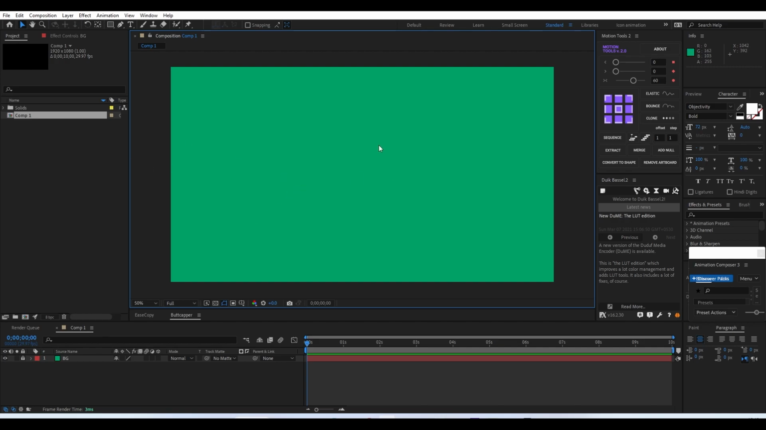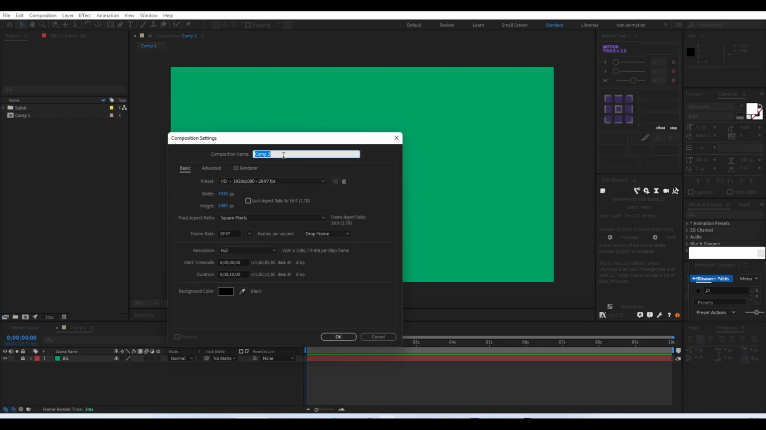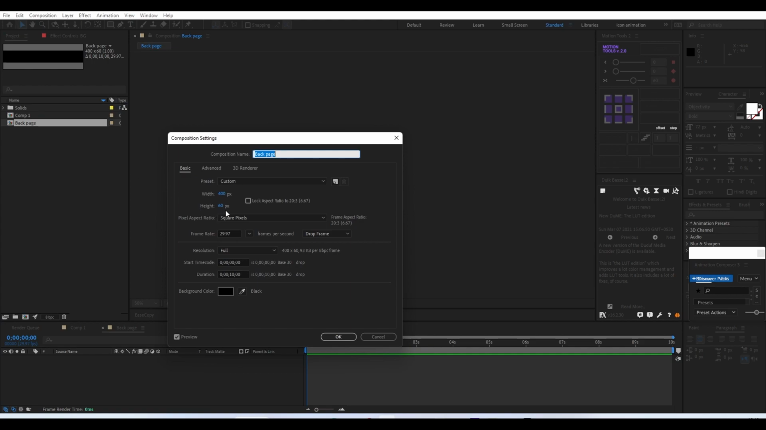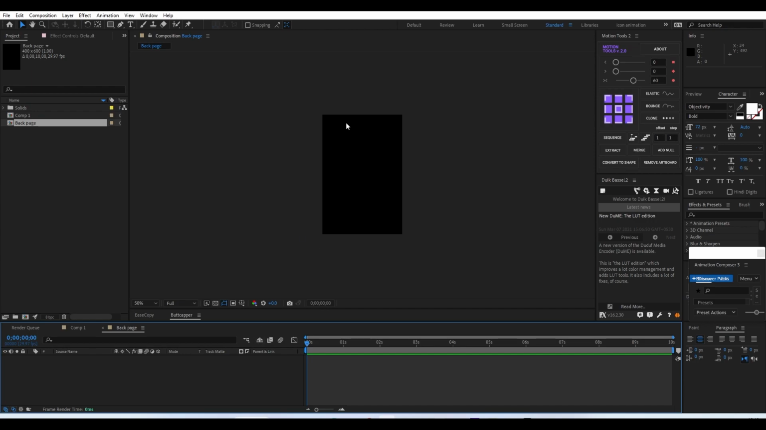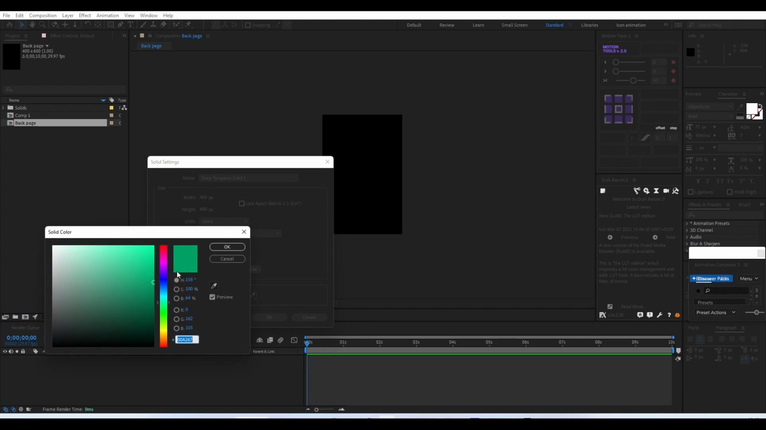After that we have to create a page for our book. So we'll right click, new composition, and name it back page. The width will be 400 and the height will be 600 pixels, and we'll keep everything else the same. Sorry, forgot to add one more zero. So this is going to be a back page, and we'll create a solid with a different color